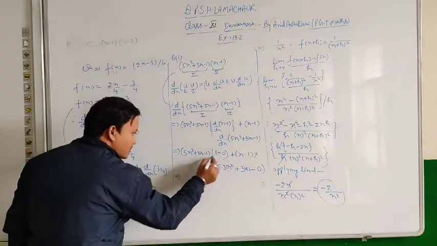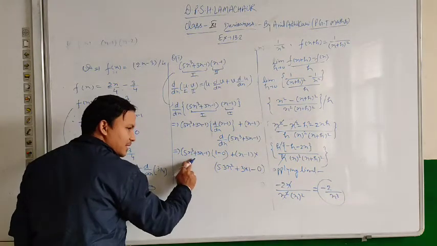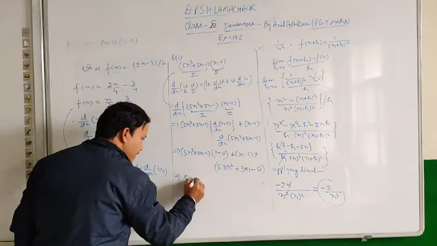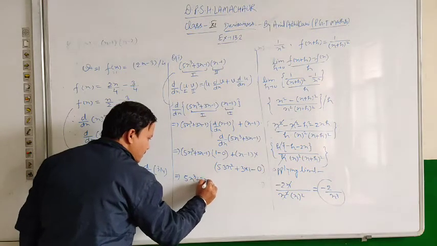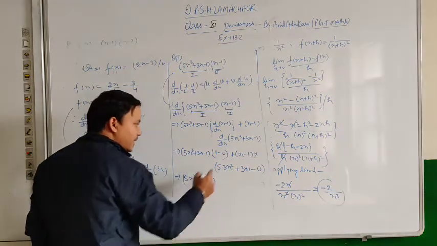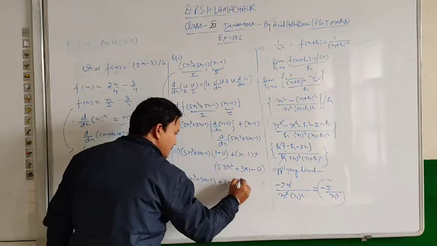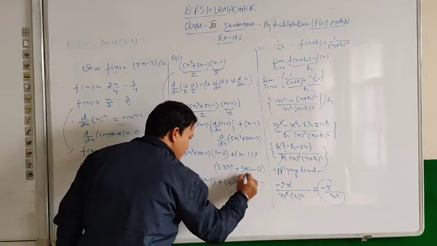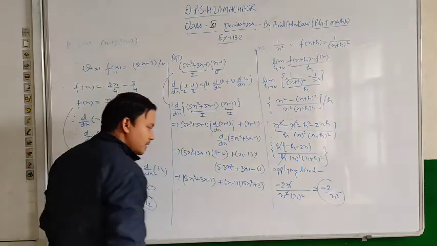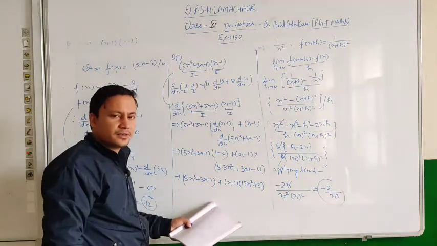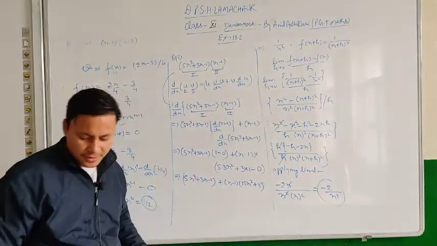So what is your required answer? 1 minus 0, that is 1. 1 multiplied by this function, or you can say this cubic polynomial, we get 5x cube plus 3x minus 1, okay, plus x minus 1 into 5 3 is 15 times x square plus 3. Okay, now you can just multiply both the functions and then adding we will get the final answer. Okay, pause the video and take the screenshot.